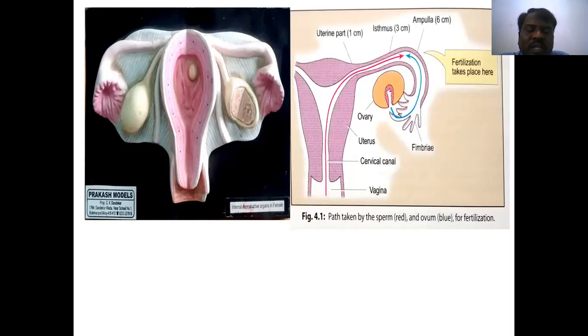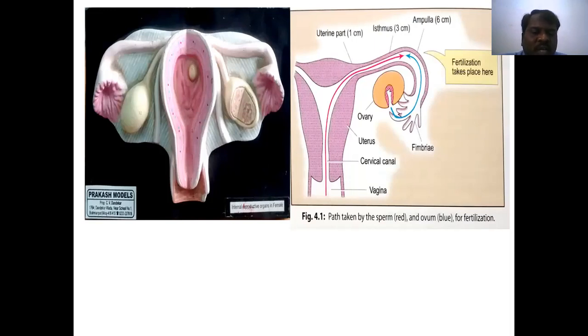The ovary releases the ovum. At the time of the menses, in the middle, around the 14th day, ovulation takes place. Then it is automatically carried to the fimbriated end, and the ovum travels towards the ampullar region. At this time, when the couple has intercourse, the sperm enters the uterus and also travels towards the isthmus part, then goes to the ampullar region.